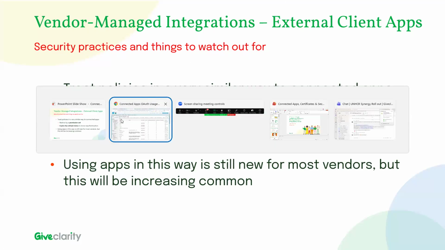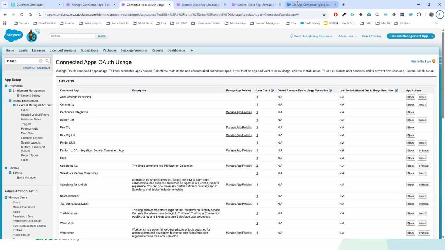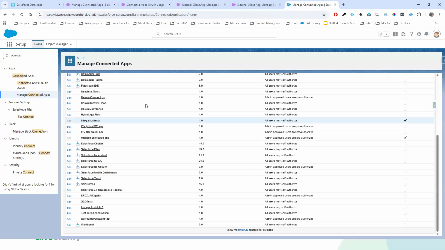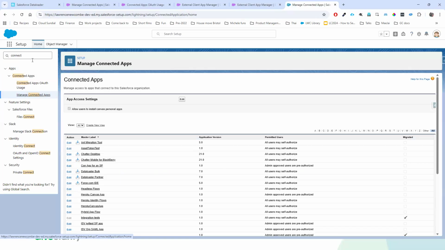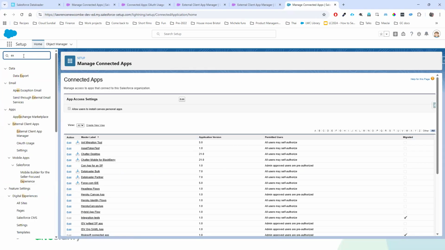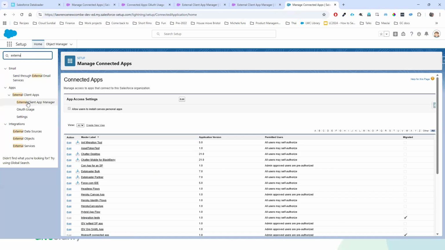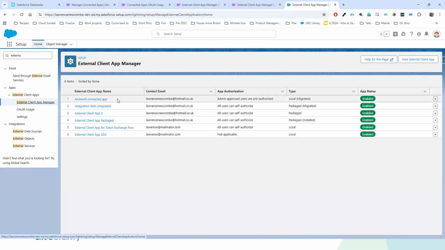We've spent a bit of time on connected apps, and I just wanted to quickly show what an external client app looks like.